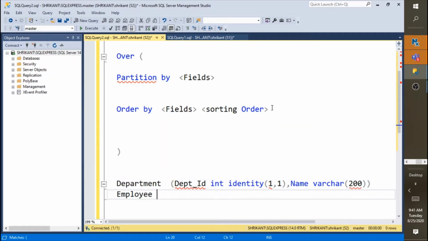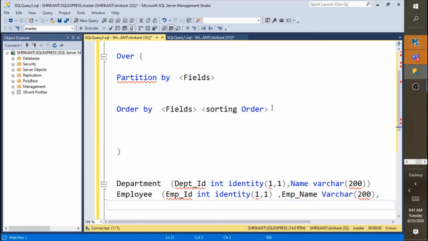Second, we are going to create the employee table. This table would have the identity column emp ID, which is int and an auto increment number, so I am making it identity 1,1. Then emp underscore name, with data type varchar of 200, as it will store string data.